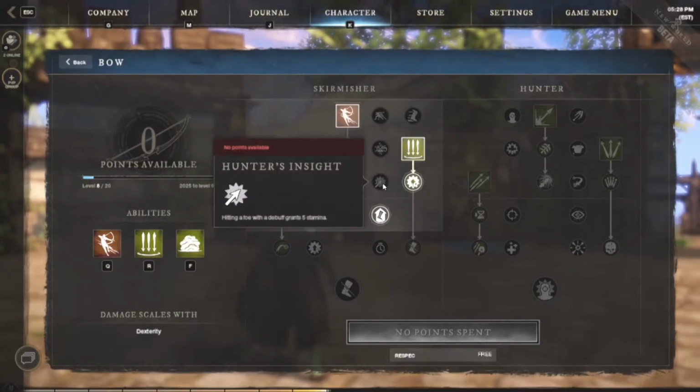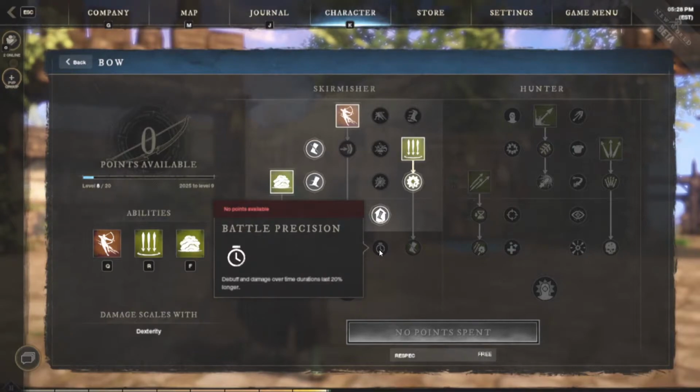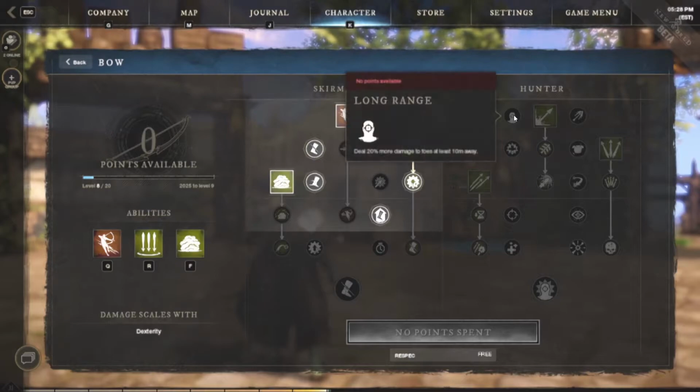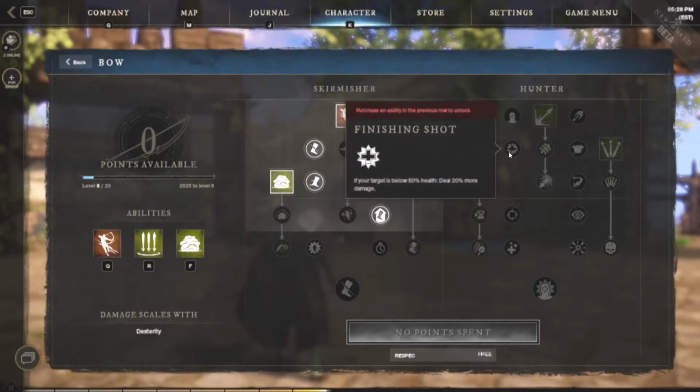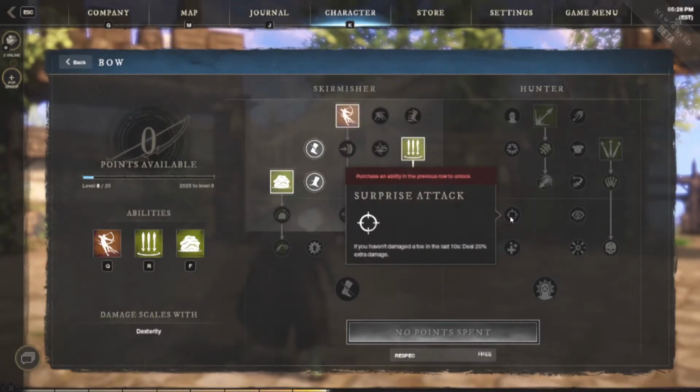an enemy under 50% HP, hitting a foe with a debuff grants 5 stamina, 10% haste when you swap to your bow, debuffs last 20% longer, 20% haste if surrounded by 3 or more players, 20% more damage to enemies more than 20 meters away, 20% more damage on an enemy below 50% HP, 20% additional damage on the next